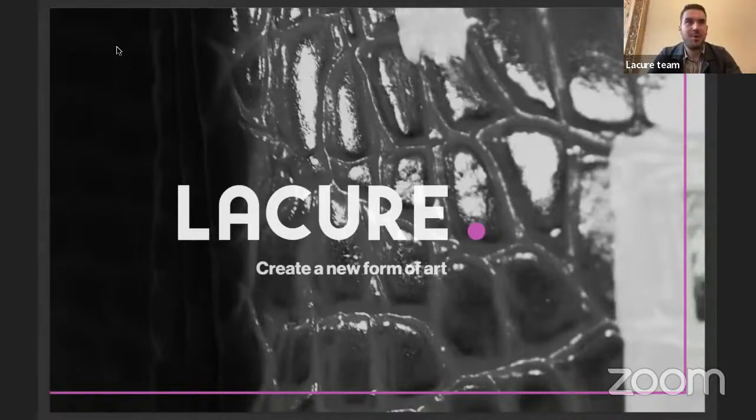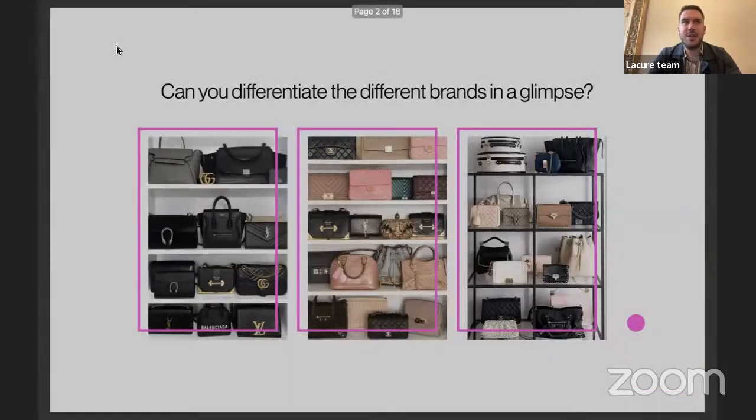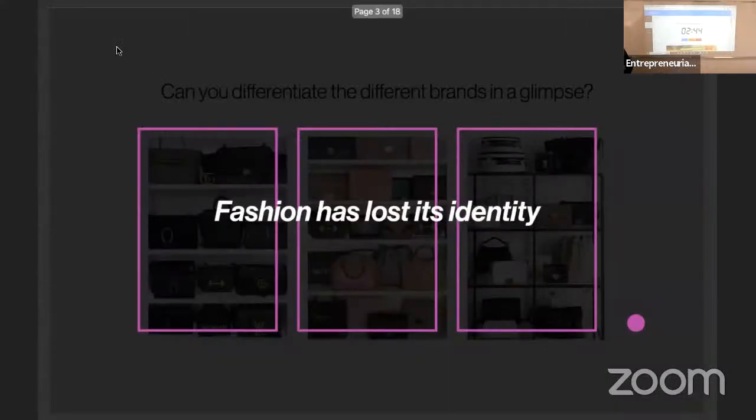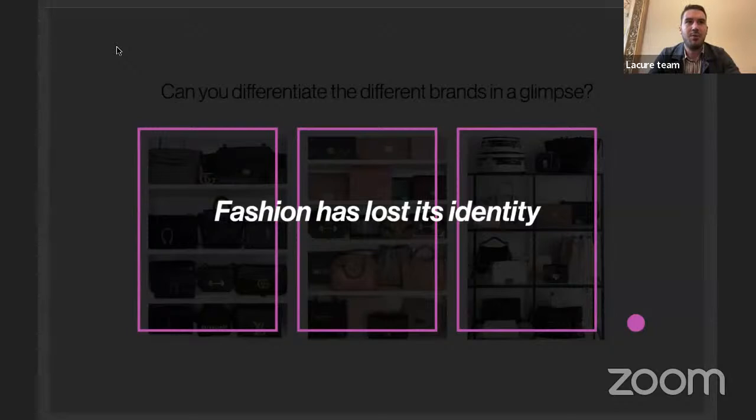Hello, everyone. Good morning. First, just think about it for a second. How many of you still care about, for example, your handbag as you did 5 years ago? Unfortunately, the loss of personal value is a problem that affects everyone, especially when it comes to handbags. It's staggering to see that 85% of respondents confirmed that the personal value of their beloved bags has dropped tremendously in recent years.